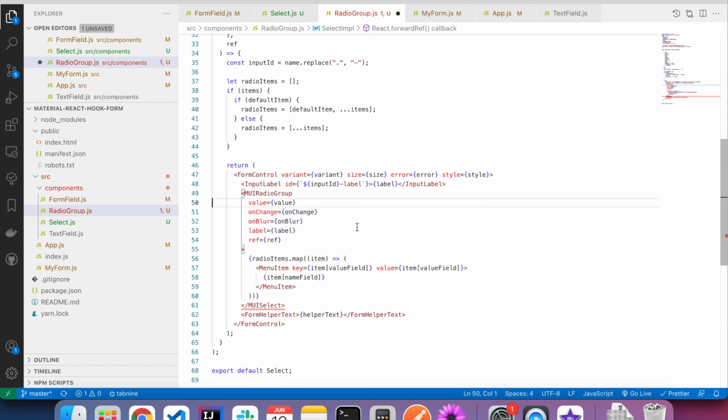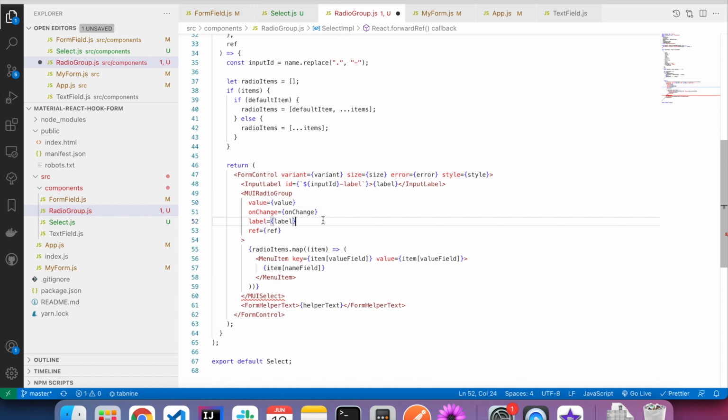The label ID will go, on change will be there. This will become form label and this will change to form control label.